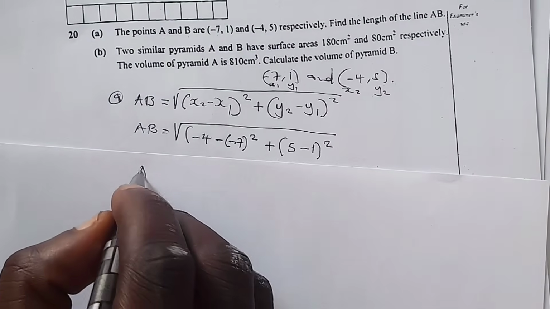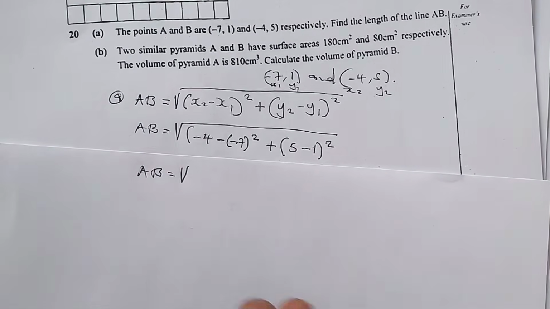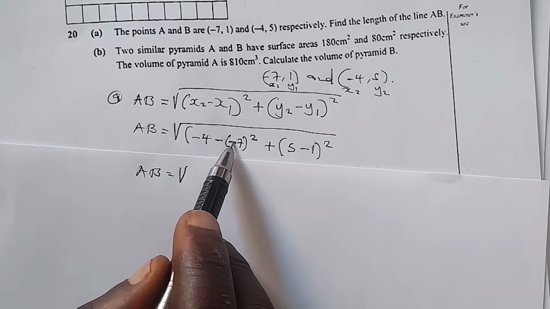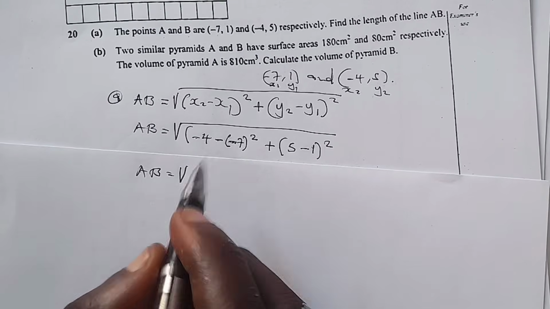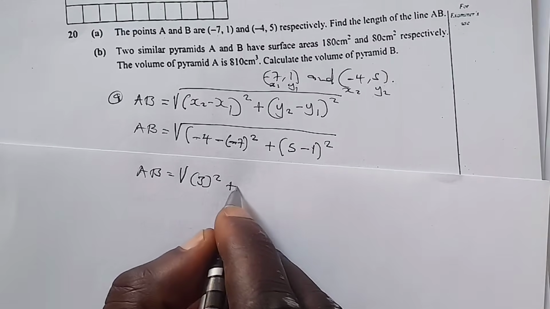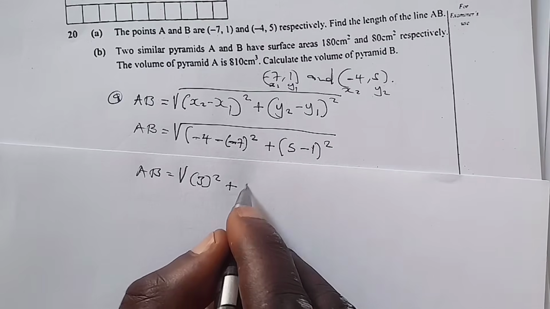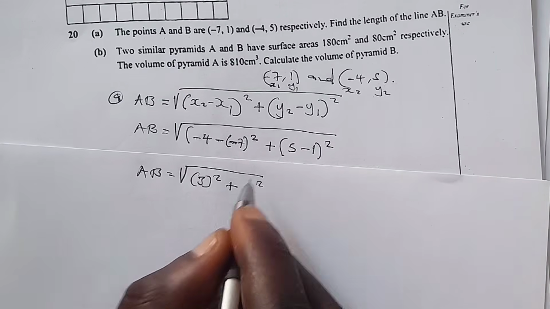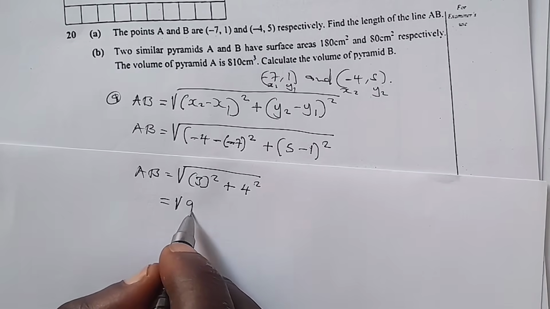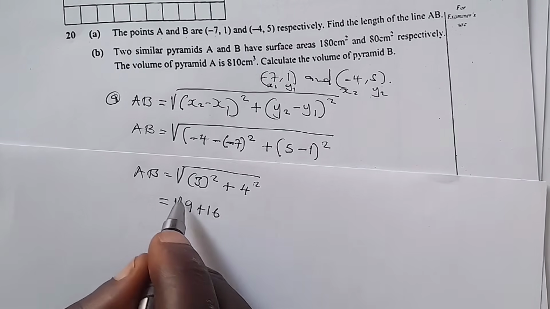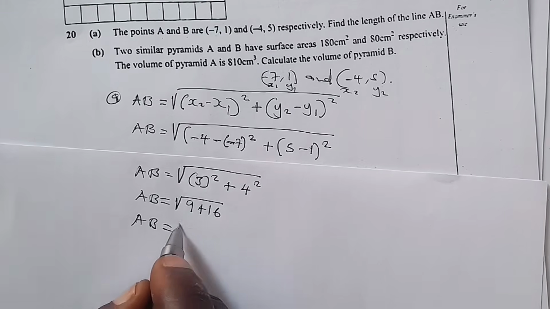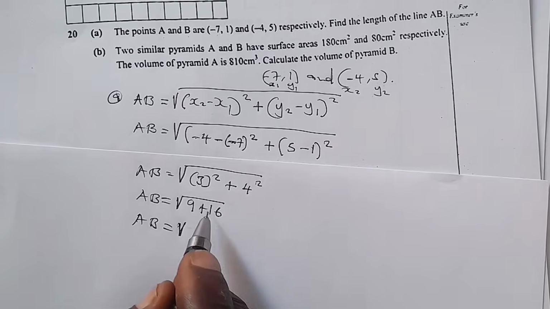So we have AB is equal to the square root. Negative times negative is the same as positive, right? Then negative 4 plus 7 is positive 3. So positive 3 squared plus 5 minus 1 is 4 squared. So we have the square root. 3 squared is 9. 4 squared is 16. So distance AB is equal to the length, the square root of 9 plus 16, which is